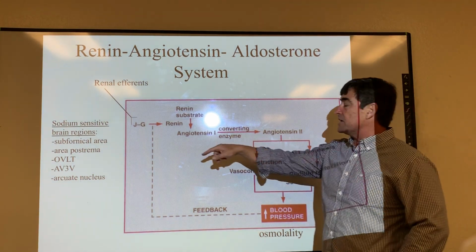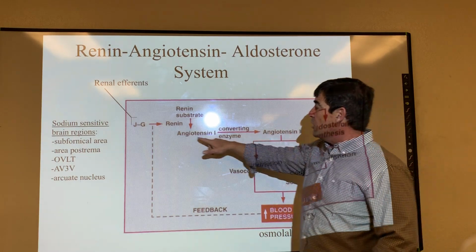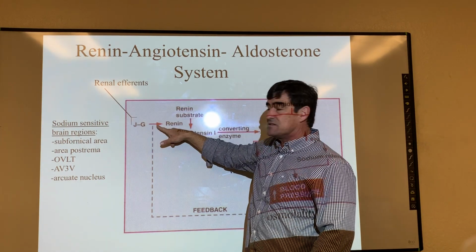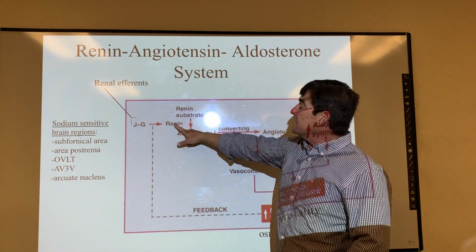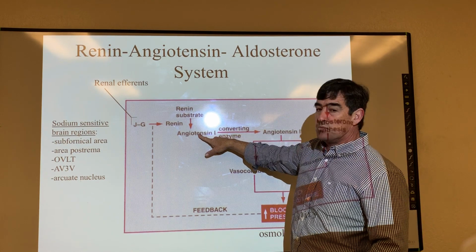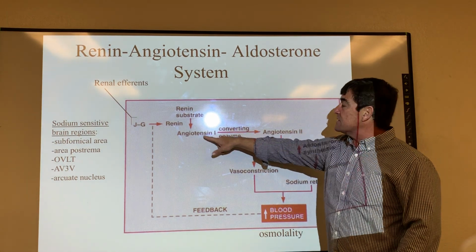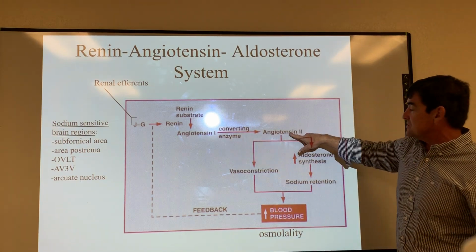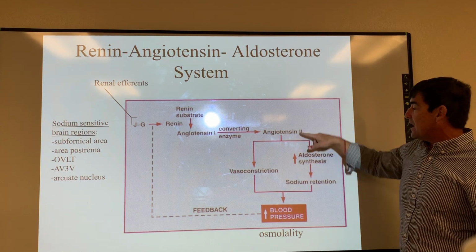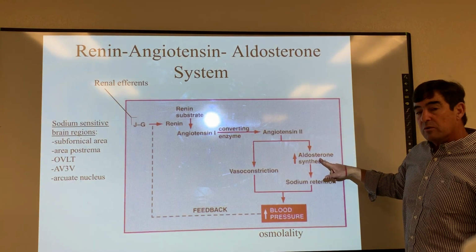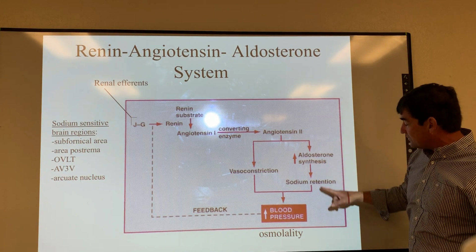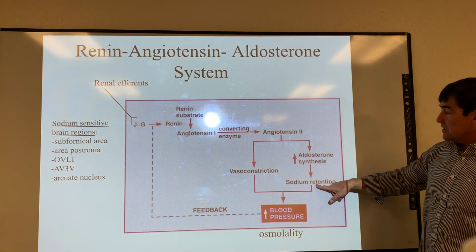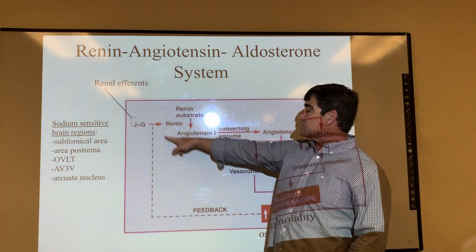So what's being shown here, and you guys recognize this from before, I hope, is that when blood pressure rises, the juxtaglomerular apparatus in the kidney senses that and causes the release of renin. Renin catalyzes the conversion of angiotensinogen into Ang I. ACE, or angiotensin converting enzyme, converts Ang I into Ang II, and then angiotensin I causes thirst, angiotensin II is a vasoconstrictor, and then causes the release of aldosterone. Aldosterone, remember, is a steroid hormone from the adrenal cortex that has more long-lasting effects. Angiotensin causes water reabsorption, aldosterone causes sodium reabsorption, and both of those together help to restore blood pressure back to